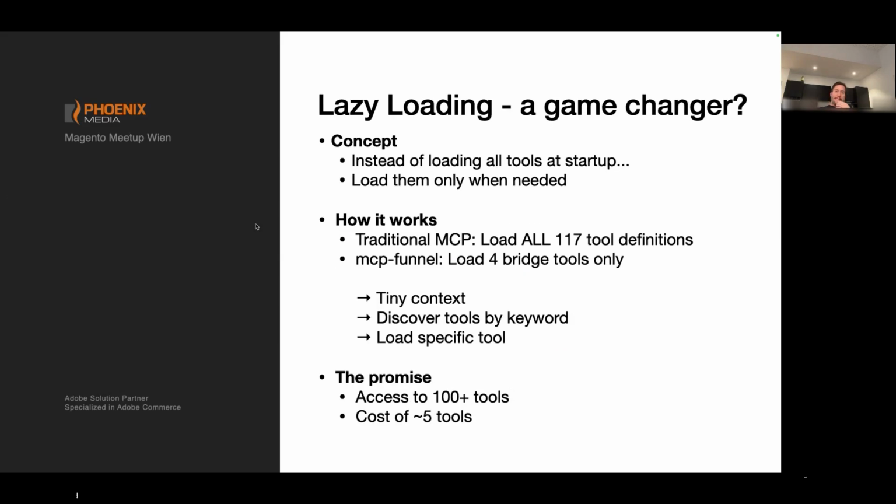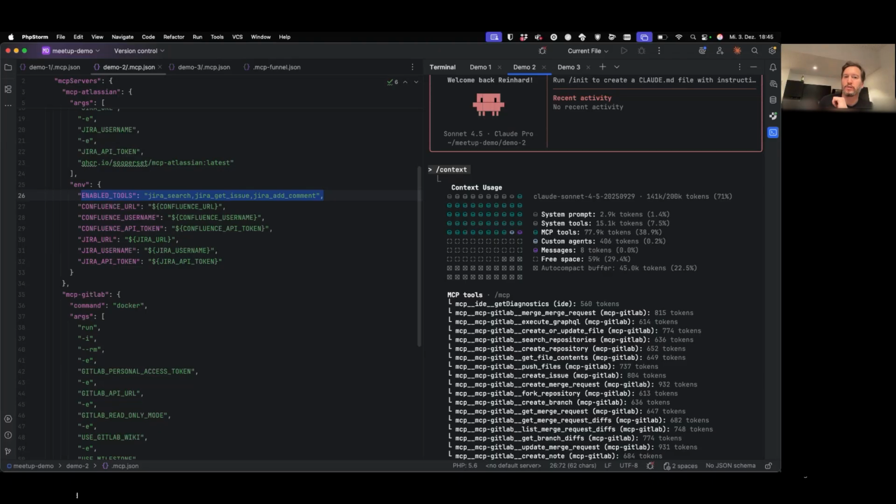What can we do about GitLab? Are there any other options? Obviously there are. Pinpoint is actually lazy loading. That's really something that changes the way you can add MCP servers with a lot of tools. It's working for almost all the tools, except if there's a bug. At the moment there is a bug, for example, in this Atlassian MCP, but with others it's working quite fine. I will simply show you before I talk about it, because I think that's quite interesting.